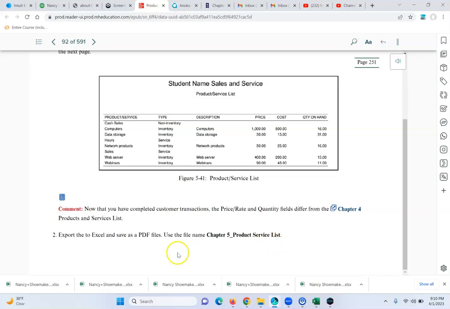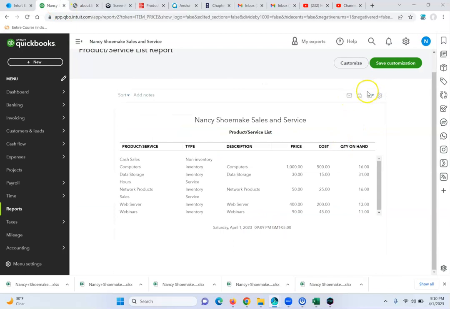Now that you've completed customer transactions, the price, rate, and quantity fields differ from what we did in the previous chapters for product and service list. Export this to Excel and save as a PDF file using the file name Chapter 5 Products, Services, Lists. So you can export to Excel